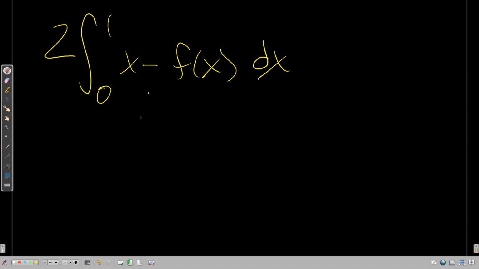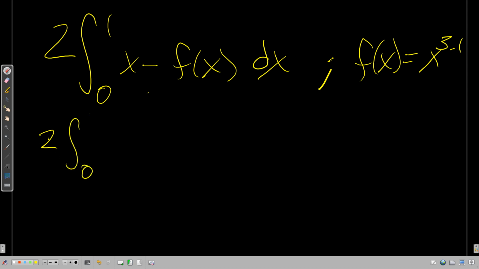And maybe the function that describes this economy is f of x equals x to the 3.1. Then find that country's Gini index. So you would say 2 times the integral from 0 to 1 of x minus x to the 3.1